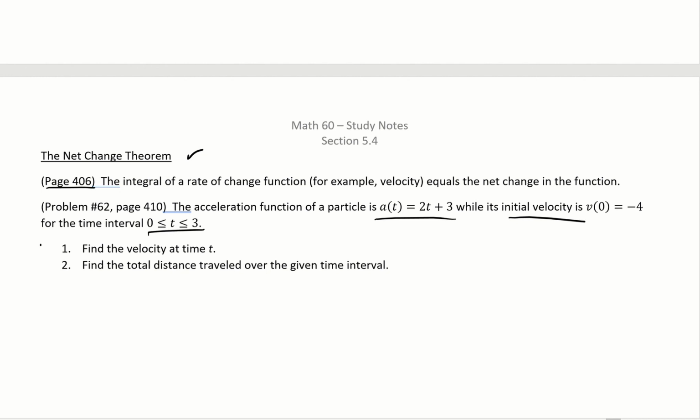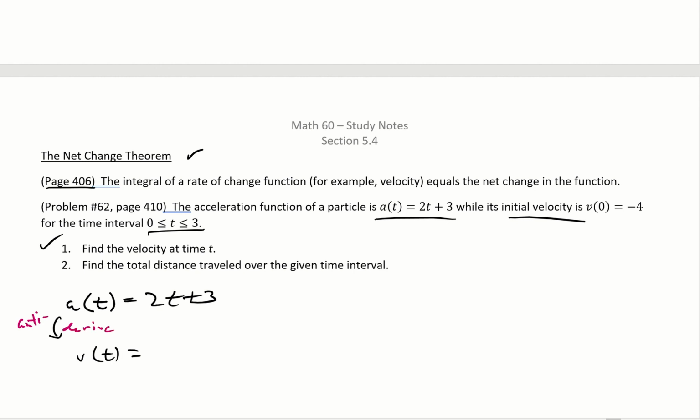So the first problem is find the velocity, and we did this in section 4.9. So we already know this part, right? Watch. Since the acceleration function is 2t plus 3, we know to get to the velocity function from last chapter, we have to anti-derive. That's what we have to do. You can look at it that way,